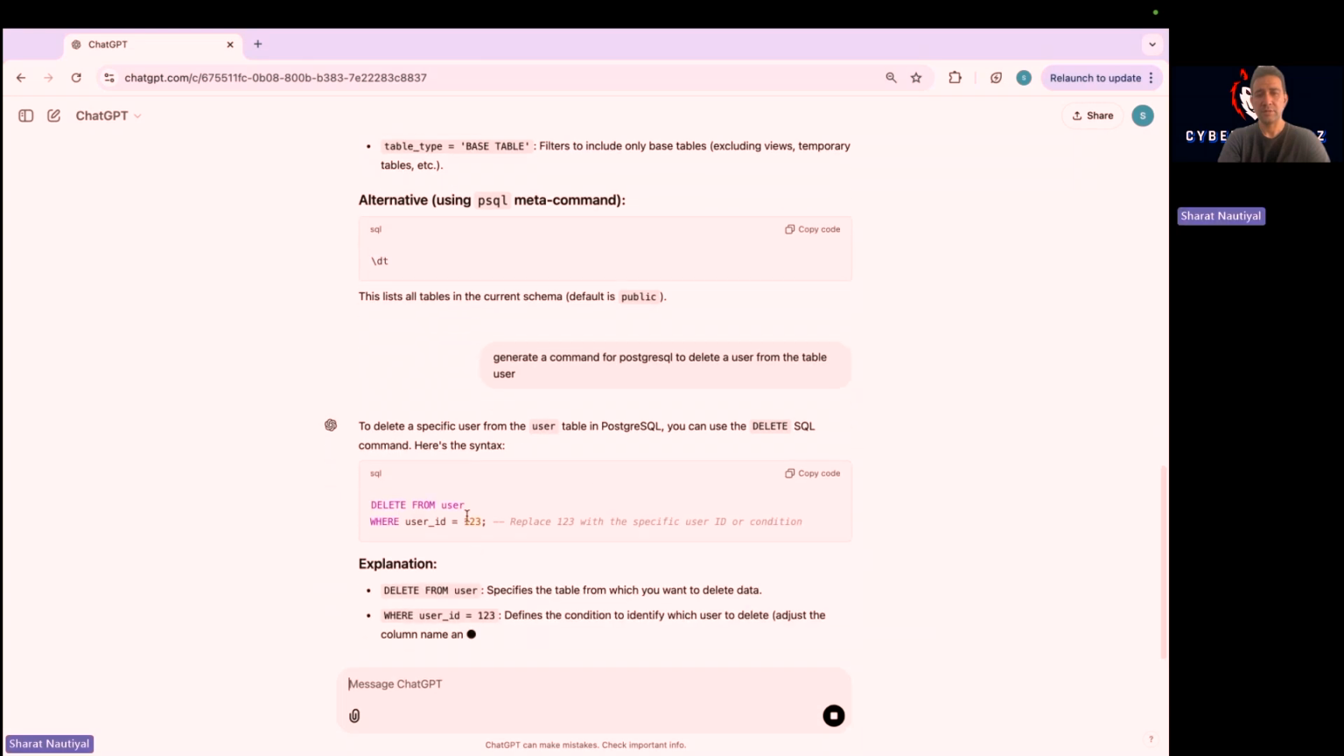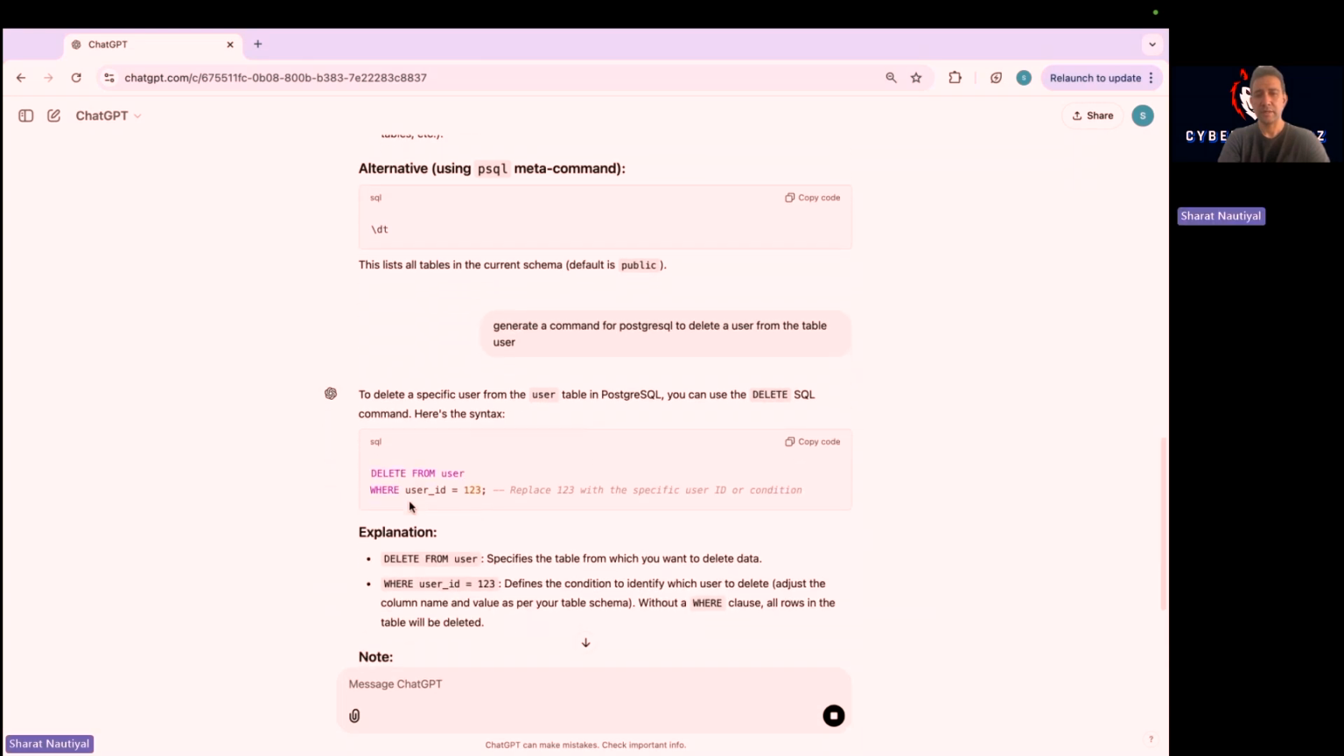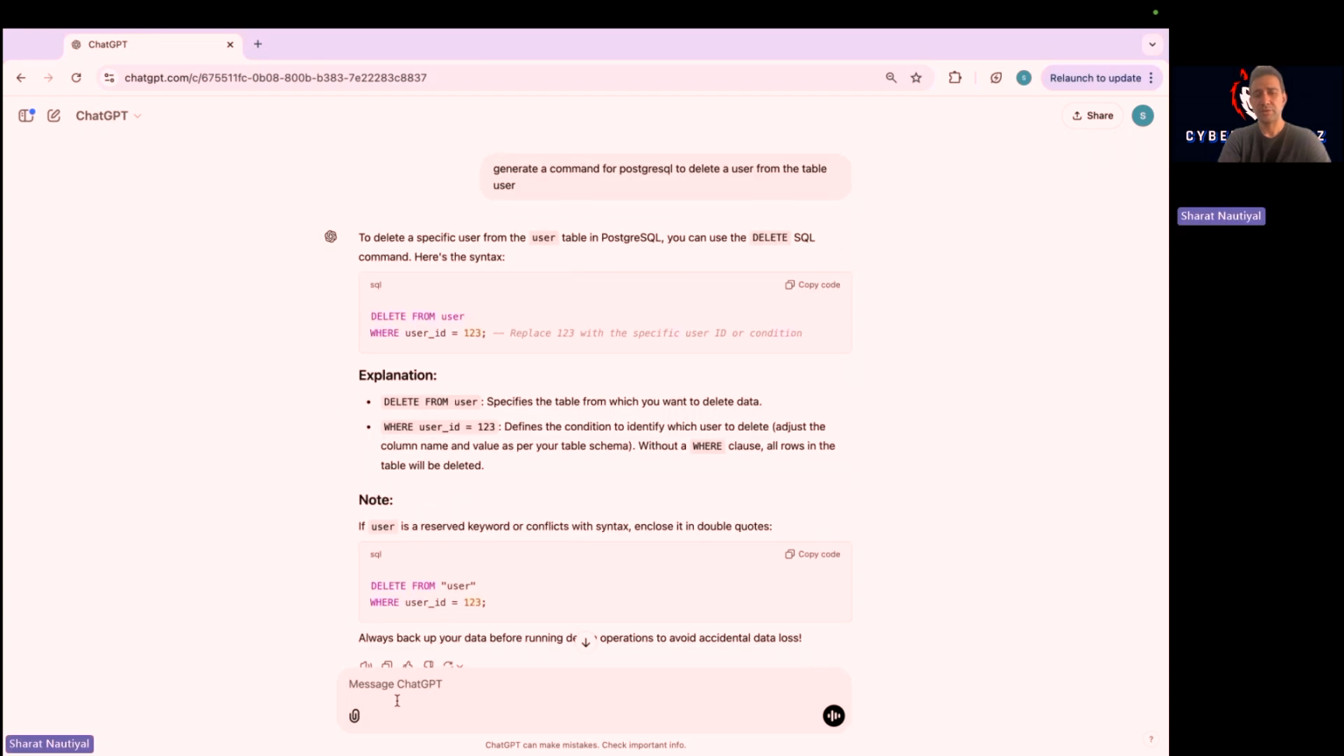So delete user ID. Actually, you know what? I mean user ID, but what if the column name is not user ID? Generate a PostgreSQL command to show me the column names